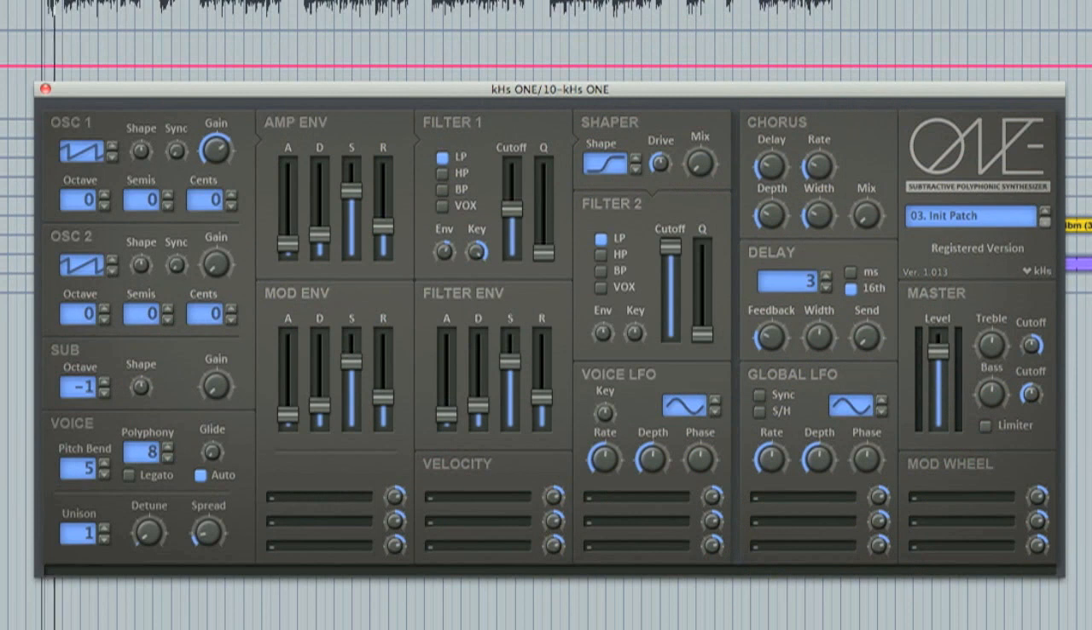So, this is the overall layout of the synth. The signal starts at the two oscillators here, where you can choose between sawtooth, square wave and noise, and you can also adjust the shapes of these two. So starting with an initialized patch, I've got a sawtooth on this first oscillator, and if I play a note now,